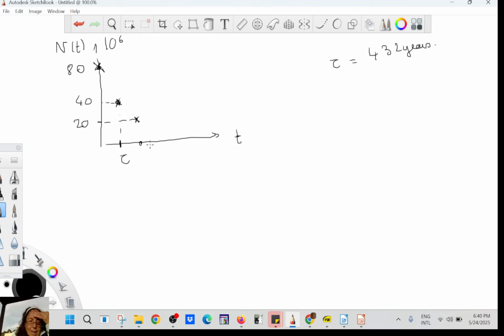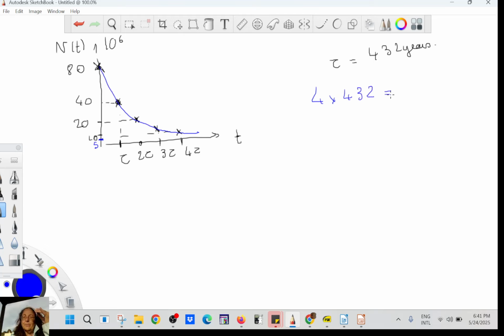And then another half-life. Okay, so three half-lives, it's going to be 10. So it's going to be here. And after 4 half-lives, you're going to have 5. Okay, so this is called radioactive decay. So each time it's going to be divided by 2, divided by 2. So it's an exponential decay. Okay. So to get to 5, it takes 4 half-lives. So 4 times 432 years,